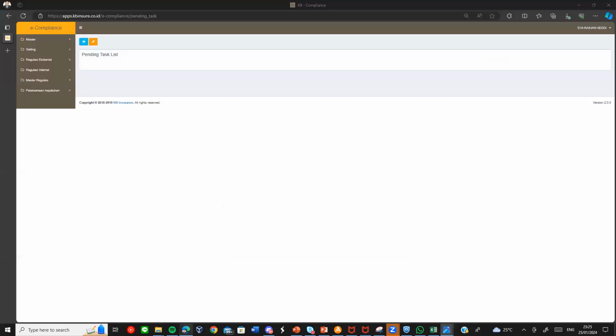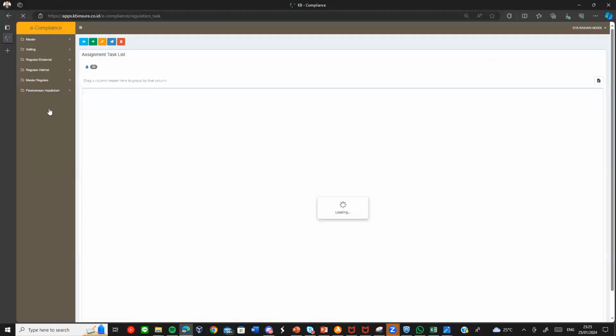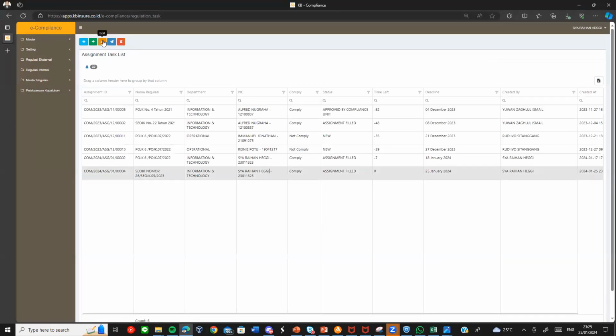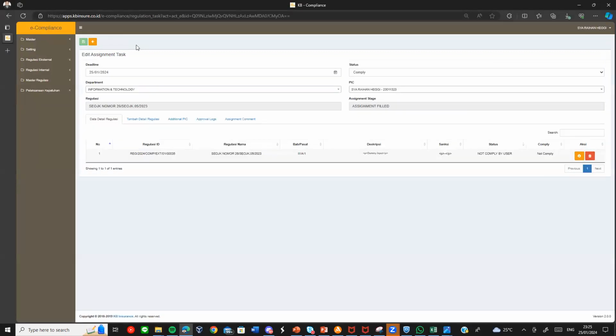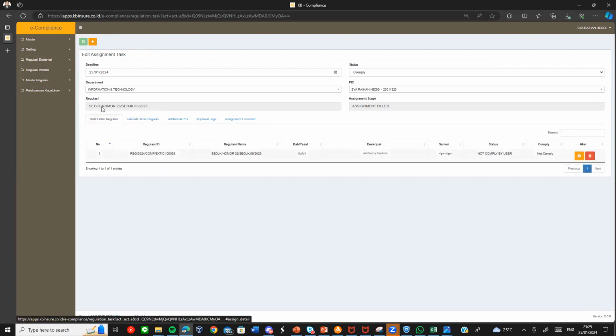This is my work email, and then the status has changed to assignment file, and then the PIC will conduct the approval in the system, because I'm not registered in the production system. There is no button for rejecting or approving the request.